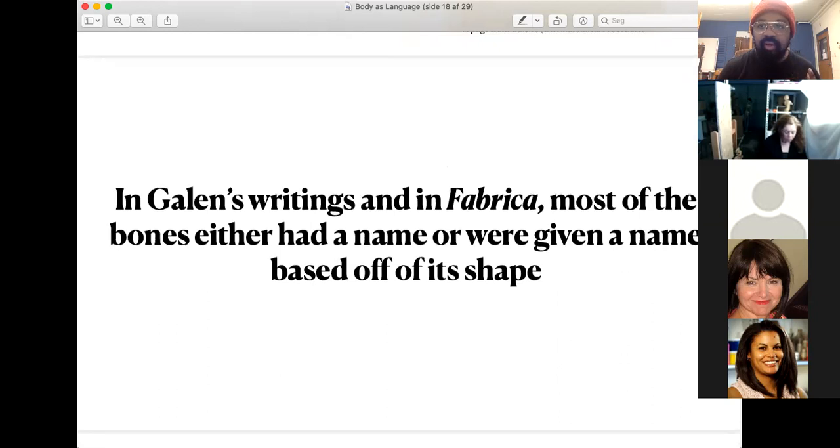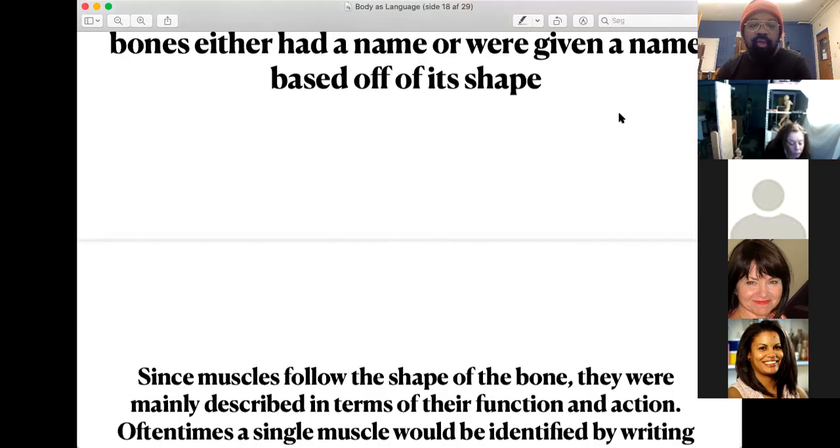And with the names, what I noticed, the main thing that we're given names are bones. And I think that's, for me, really interesting because, again, bones being structural and muscles just follow the bones. Muscles are more of a descriptive quality. So one doesn't just name the muscle, we have to describe the muscle. And that's basically how